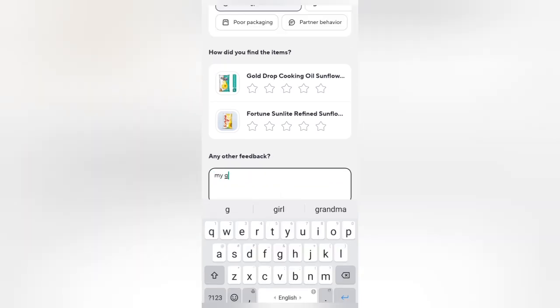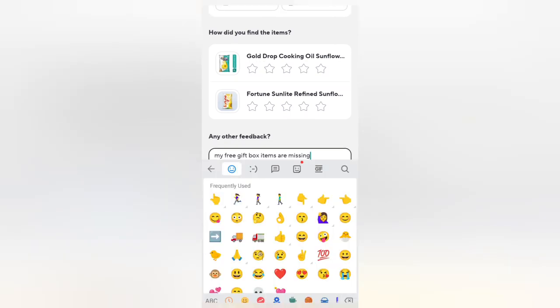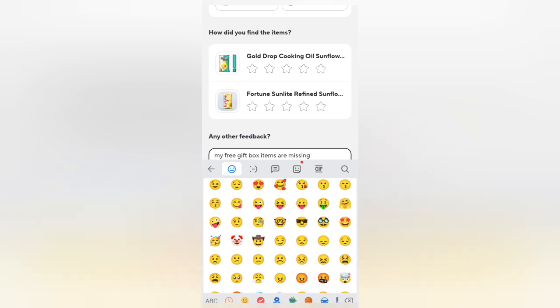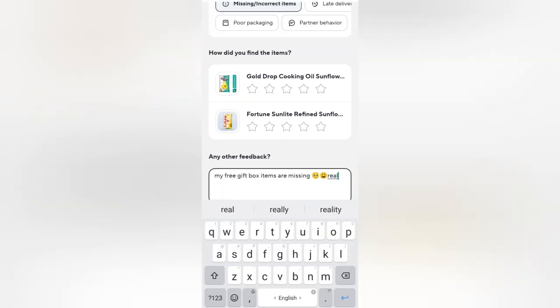You can pour out your anguish and describe your delivery experience or the missing items in the gift box. Here I am writing that my free gift box items are missing, followed by some saddened emojis as you see in the picture, and you can write that you are really disappointed with Zepto's delivery,